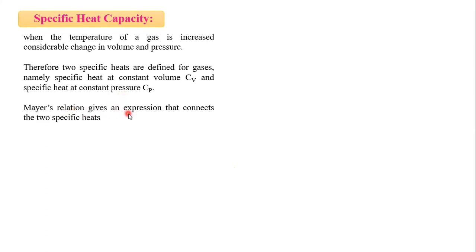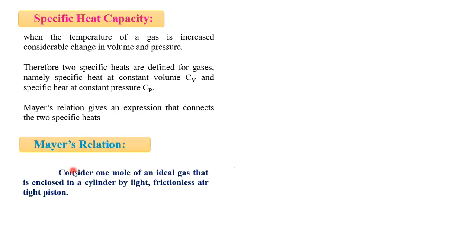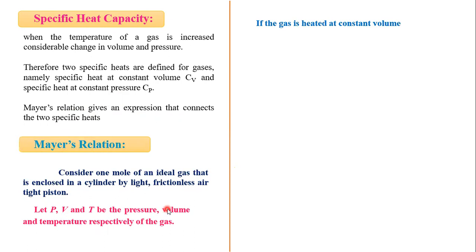Mayer's relation gives an expression that connects the two specific heats. So the new article is Mayer's relation. We consider 1 mole of ideal gas enclosed in a cylinder by a light, frictionless, airtight piston. Let P, V, and T be the pressure, volume, and temperature respectively. If the gas is heated at constant volume,